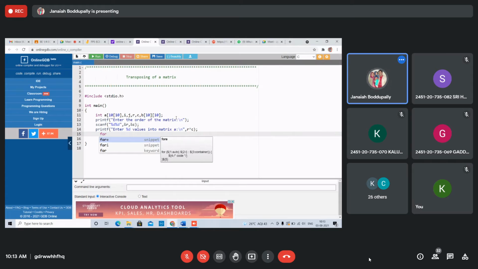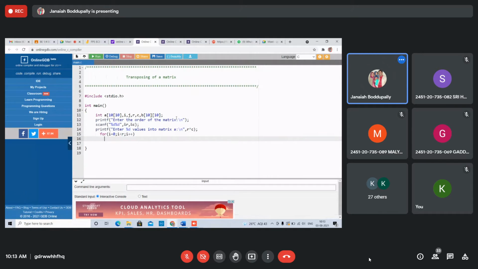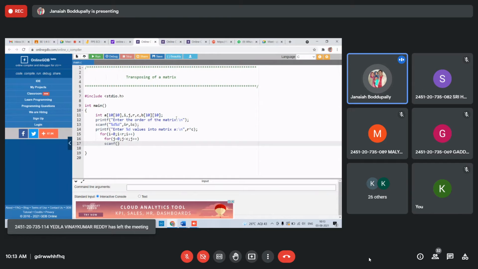For I equals 0, I less than R, I plus plus. Again, one more for loop, J equals 0, J less than C, J plus plus. scanf percent d, ampersand of A of I J. You know how to read the elements.